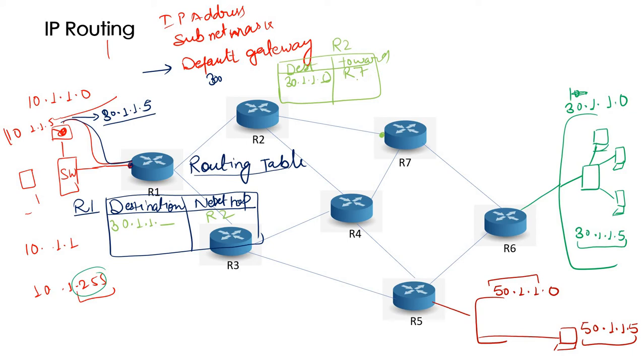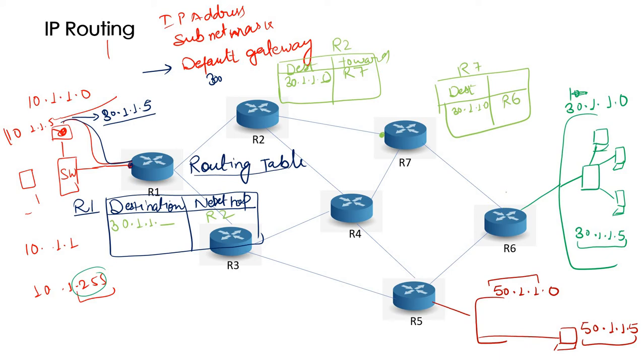So normally both things work. Either you can use the interface of that router, or you can write the, not write in fact, because there are some commands to do that, and we will learn those commands, but just learn the basic concepts for now. That's how it takes the decision. Now based on this routing table, this packet has been forwarded to router 7, and this router 7 has its own routing table, and it will check its routing table. This is for R7, and it will check 30.1.1.0. Please send it to R6.